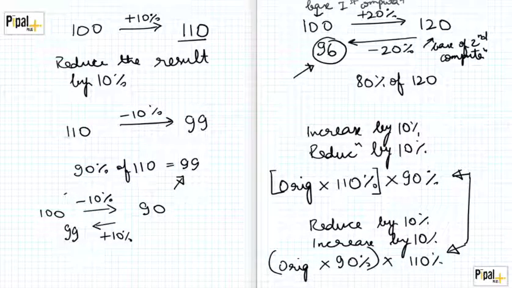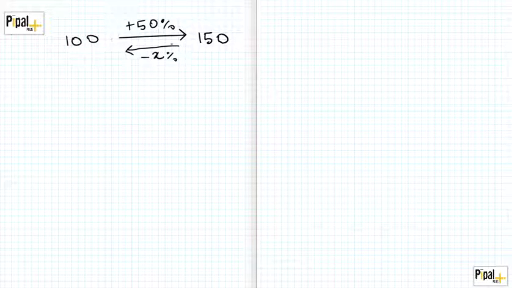Now let's come back to the problem of what happens if we increased 100 by a certain percentage, and we want to come back to 100 only. Now, if I increase 100 by 50%, my result becomes 150. Now, if I want to come back to 100, I must reduce by a percentage which is different from 50. So let's call it X percent. Let's say we are going to reduce 150 by X percent to reach 100.